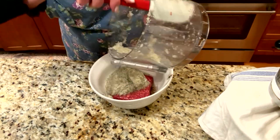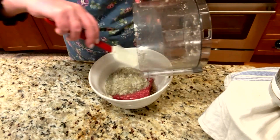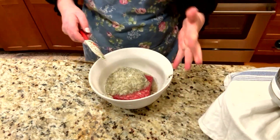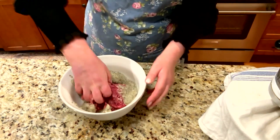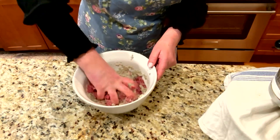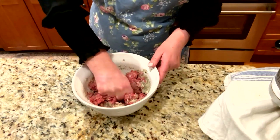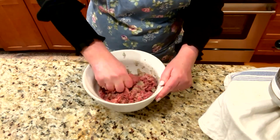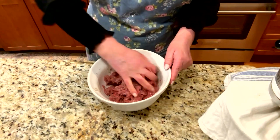And this beef, this filling should be very, very soft. I remember Mama massaging it, giving it a nice massage, and sometimes she would even add a little bit of water. Now, the best way to do this is actually with hands. So if you want to wear gloves, you can wear gloves, but I'm not going to. I'm just gonna do it just like this. And again, if you feel that the mass, this filling is not soft, it's okay to add a little water. Anywhere from a couple of tablespoons to like 1/4 cup, just to make sure that this filling is nice and